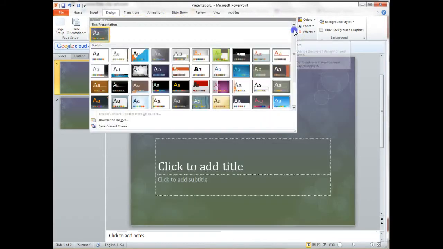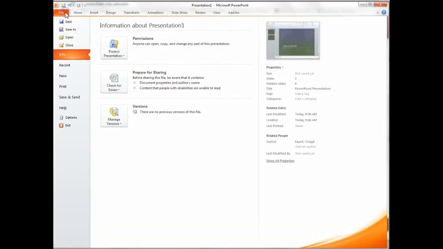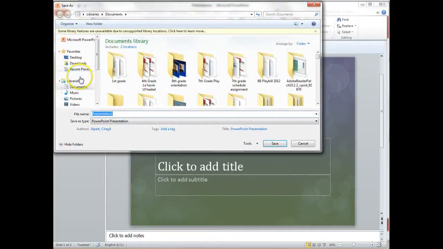If you do not like any options here, you can go to office.com to the templates. There's a separate video on how to get a new template, but you must have some type of template, some type of design. Okay, after you've set your background, we're going to file, save as, and we're going to go to